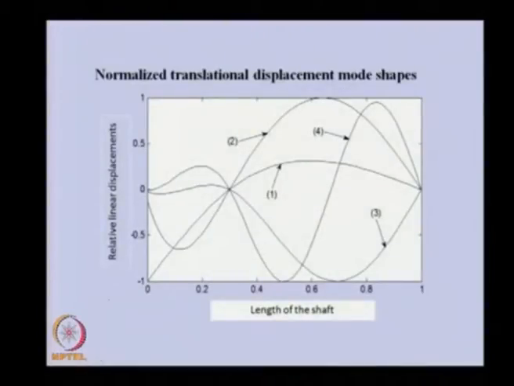And this is the mode shapes, the relative linear displacements. As we discussed in the previous case, on the same lines we can extract the mode shape. So, you can see the first mode. Basically, this is the intermediate support, this is the other support, because this is the total length of the shaft. So, the first mode is like this, the disk position is here, the second mode will be like